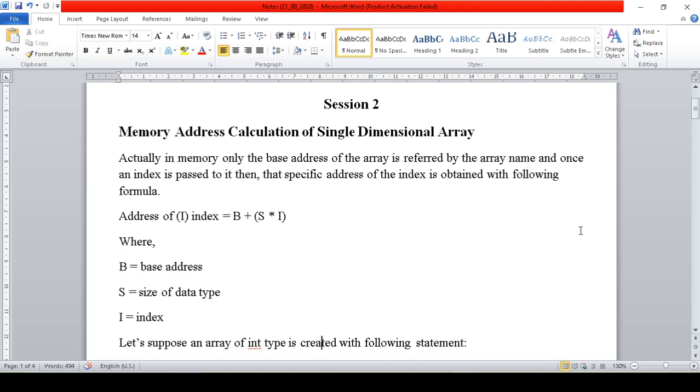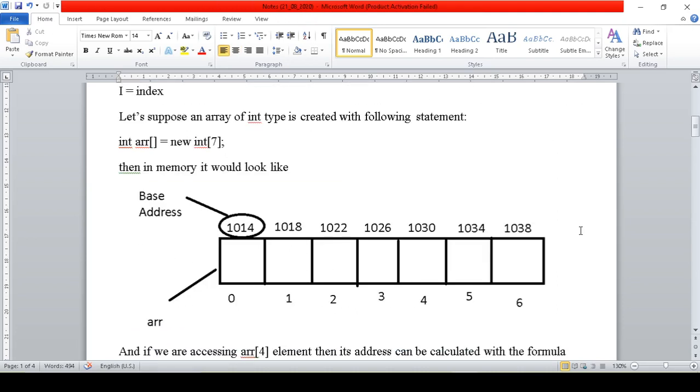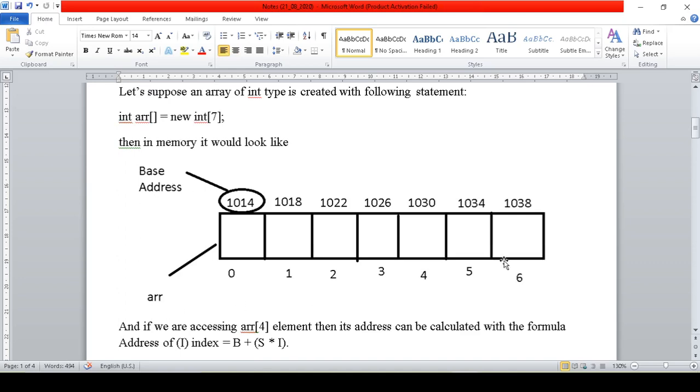In Java, array is very special. Whenever we create an array, it automatically inherits the Arrays class, and it becomes an object of that class, and this object will refer to only the base address out of all the addresses available in the memory. Now you will understand this after this diagram.